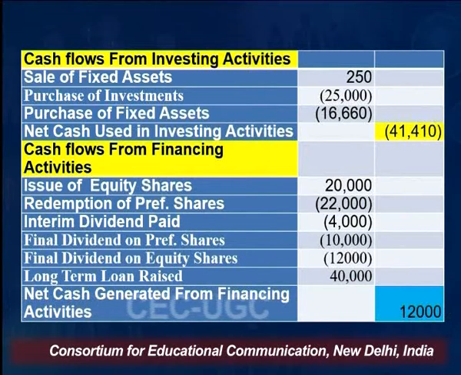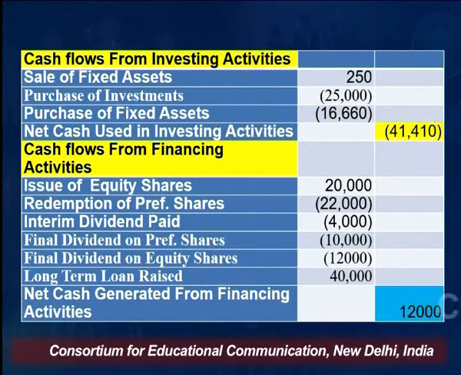So if we look at the total value of net cash from investing activity, we find that the outflow is greater than that of inflow. Out of 3 items, 2 items of 25,000 and 16,660 belong to which category? They belong to the outflow category, whereas the inflow of rupees 250 is there. So resultantly we can say that there is a net cash used in investing activity to the extent of 41,410. So from this activity there is no generation of cash, rather there is a usage of cash. So we have reported it in negative, that net cash used in investing activities